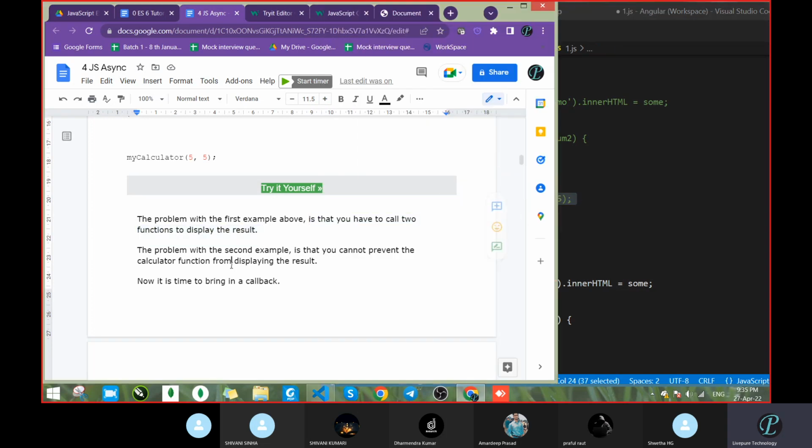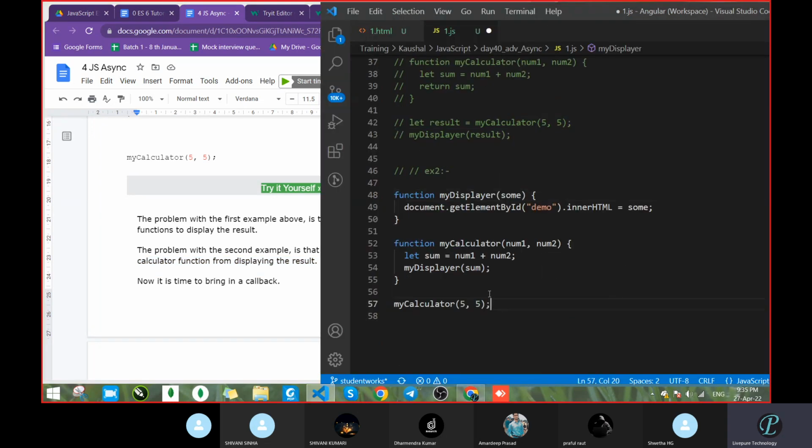What is the problem in the second? The problem with the second example is that you cannot prevent the calculator function from displaying the result. In this section you can't stop this display of the result. Suppose you did a wrong operation, you still have to display the result, because this function is called inside the function.